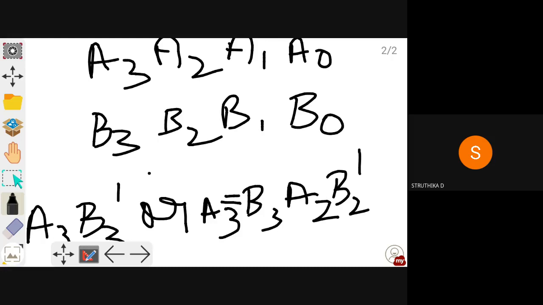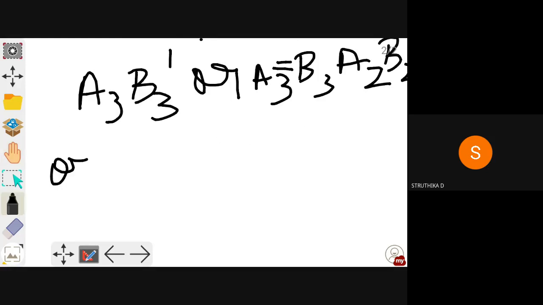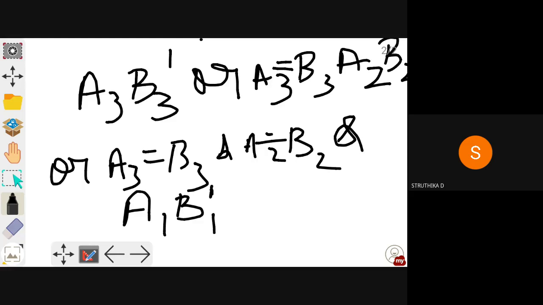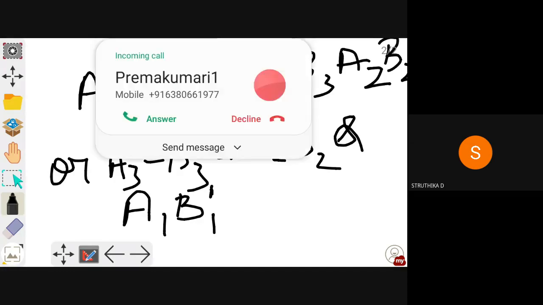Even if that is not so, that is a2 and b2 are also equal, then the next condition will be: the first bit is equal, the second bit is also equal. Correct? Then what will you check? You have to check that A1 should be 1 and B1 should be 0. Correct? So the first bit is equal and the second bit is also equal, then what will you check? You will be checking A1. So A1 should be 1 and